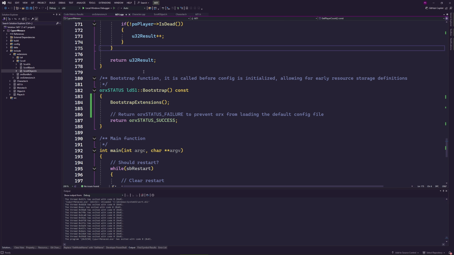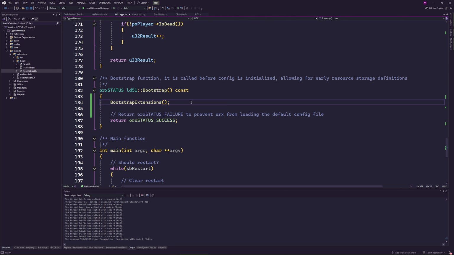So, well, that's it. That covers how to migrate an old project from 2 years back with a new version of Orx, and also future-proof it in the sense that the modification we did for the init, exit, bootstrap extension, you won't have to modify that in the future. You can add new extensions, you can remove extensions.